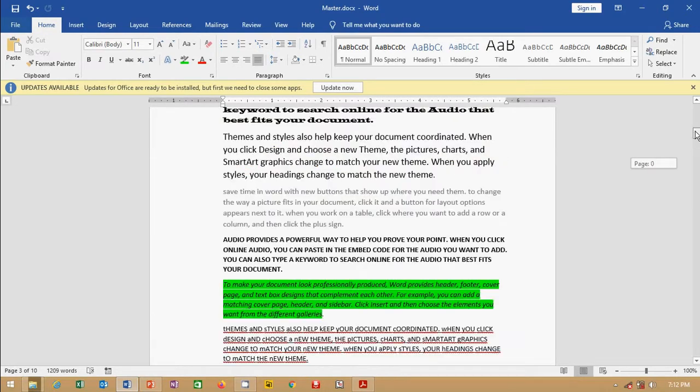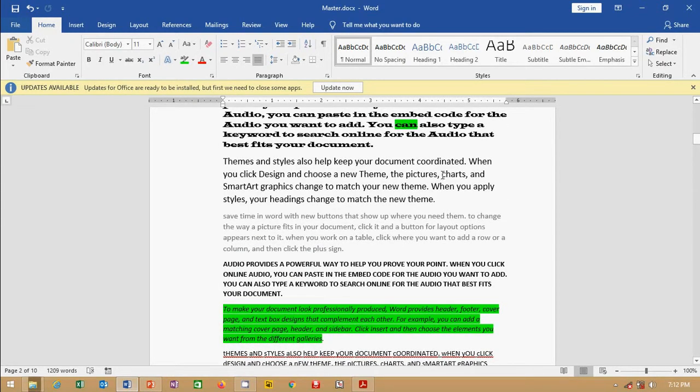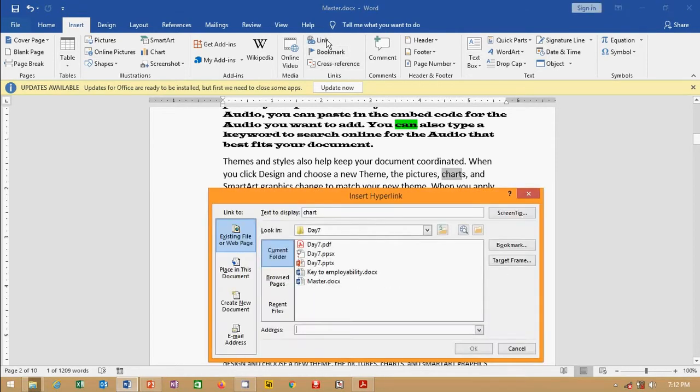First of all, I need to put my cursor or select the word or letter, whatever I want. Then the Insert tab, then the Links group, then Link. Now they are asking with whom you are going to make a link.